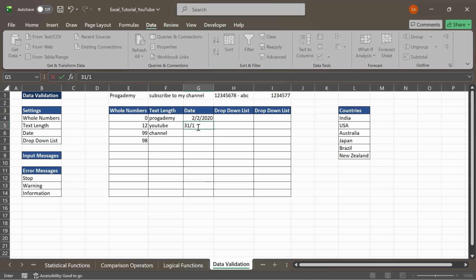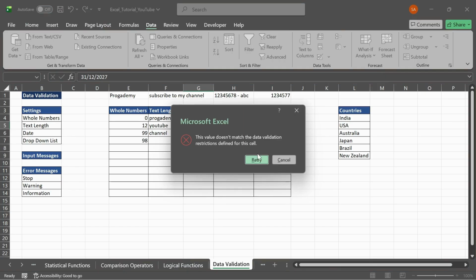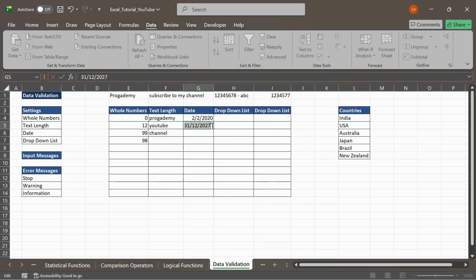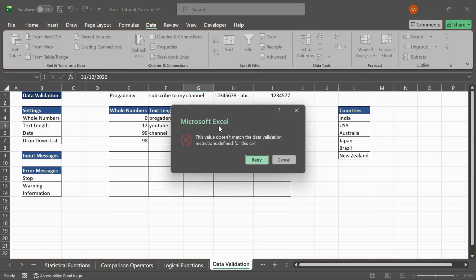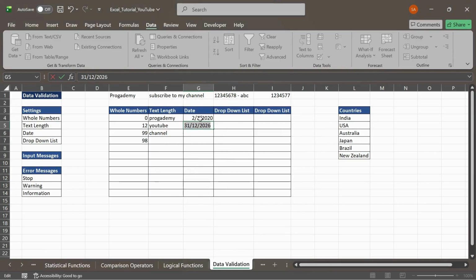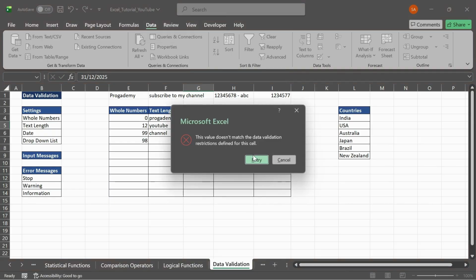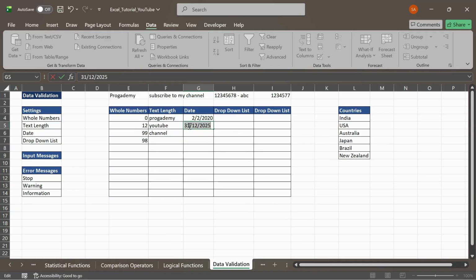Now if I type 31st 12 27, it won't accept because my range is beyond it. I have 2026. It doesn't match. Okay, I am giving wrong value here, 31st. Now it will accept it because it is taking